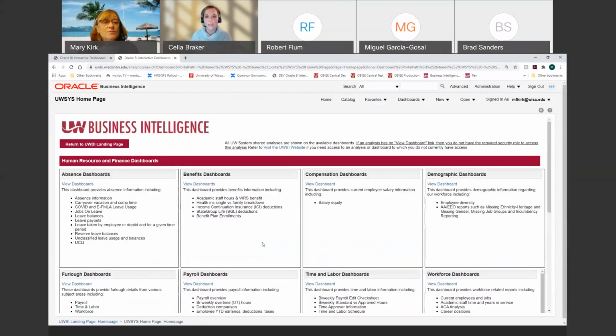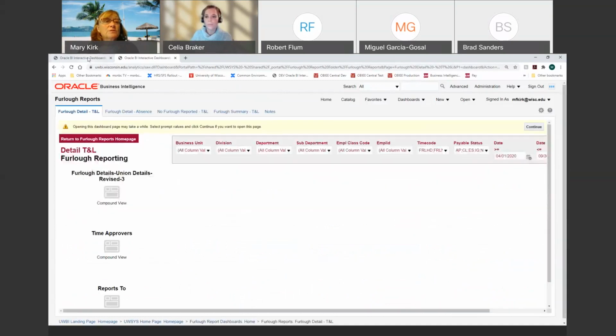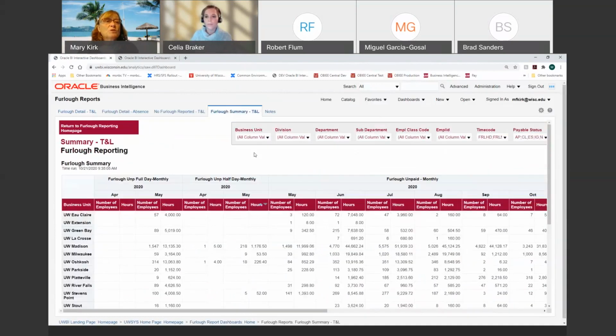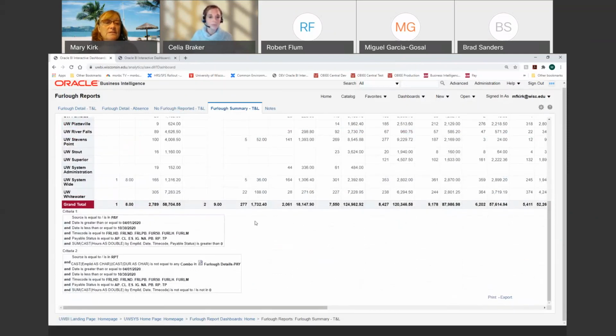Sure. So for the most part, I'll go back to maybe one of the furlough ones here. Or actually, perhaps this one's already open. So for the most part, you use this. There should always be, on all of the screens, this return to homepage. You would click on that to navigate back. You will see now it's not on this one, but if you click on